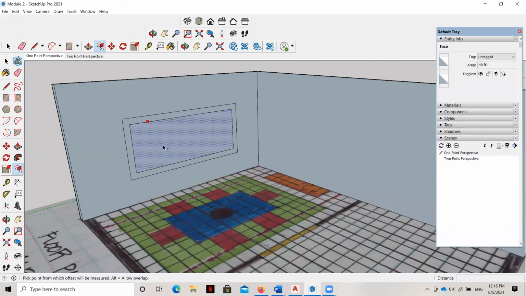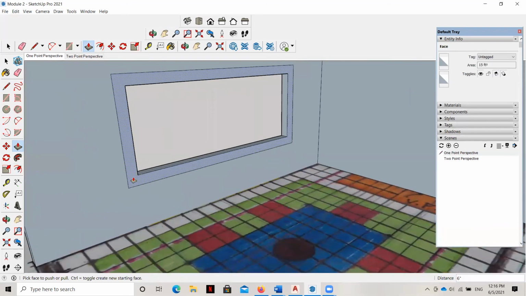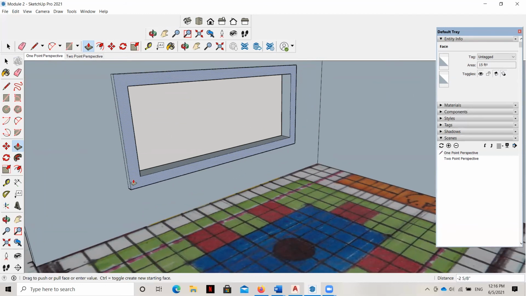And now you can see here, I've got my window and my casing, but they're just painted on the wall. So I'm going to start by pushing the window out. I hit my push-pull button, and I'm going to push the window out, creating a hole in the wall. And then I'm going to grab this face right here, hovering over, and pull it this way. I'll just go ahead and make it 1 inch.